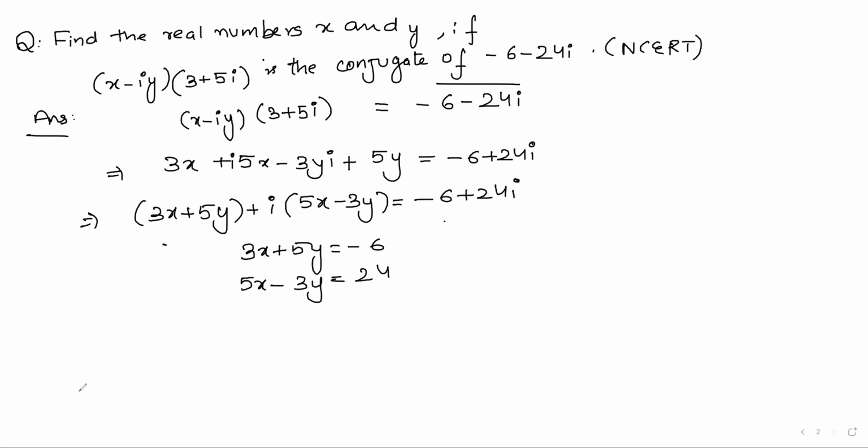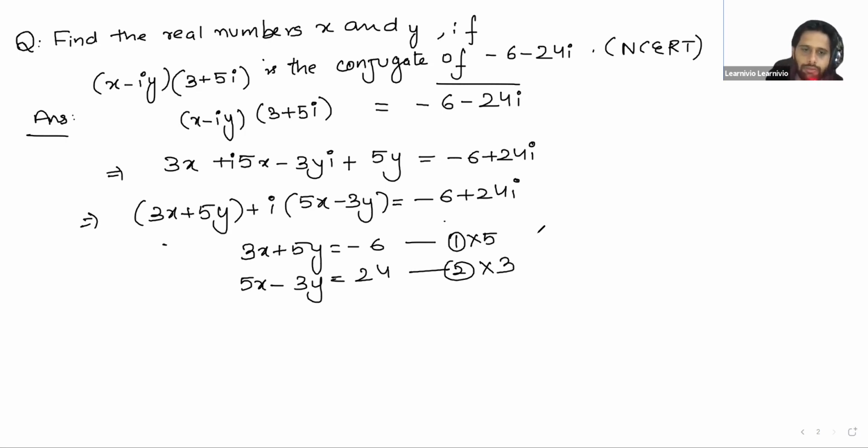No, Safan, this is not correct. Okay, so let me solve this. We will make the coefficients equal. So we will multiply this with 5, and this second equation we will multiply with 3. So this equation will become 15x + 25y = -30, and this 15x - 9y is equal to